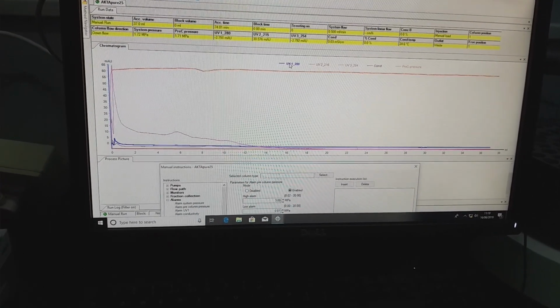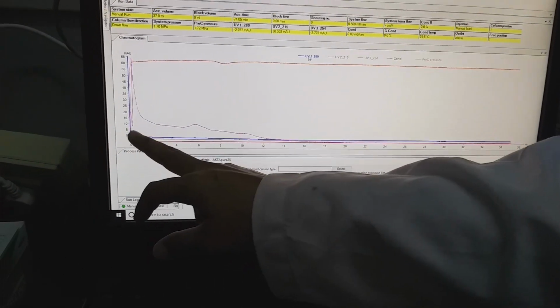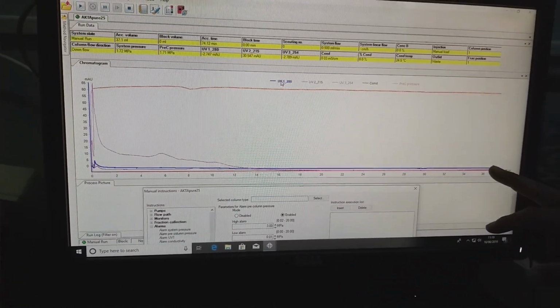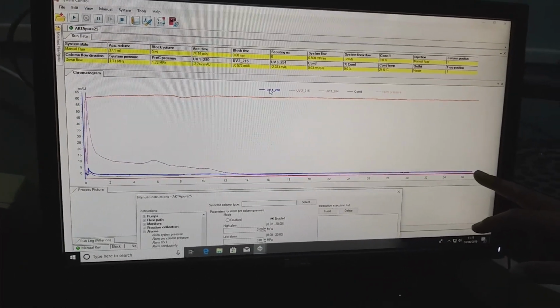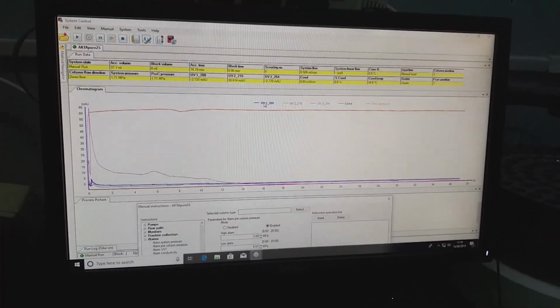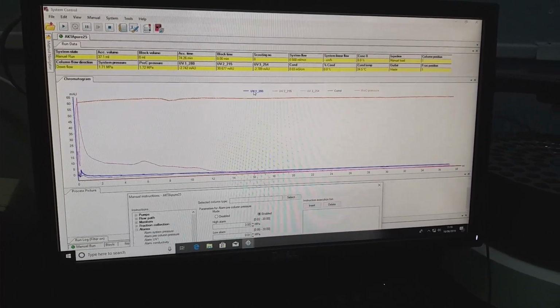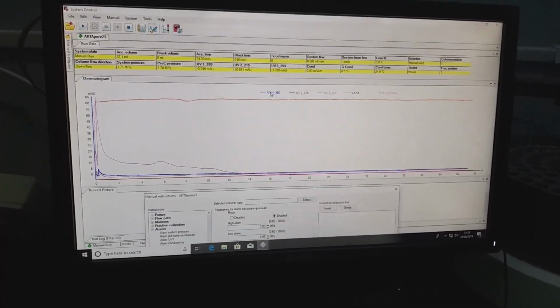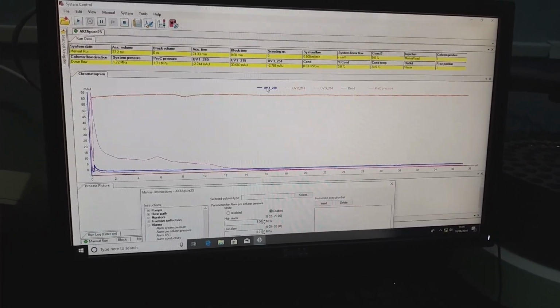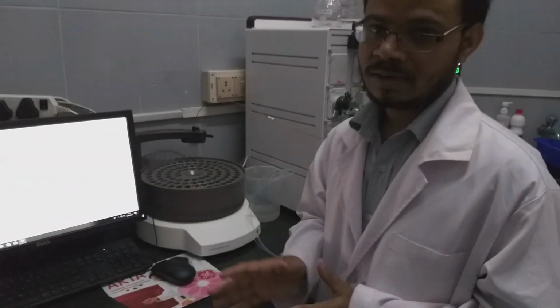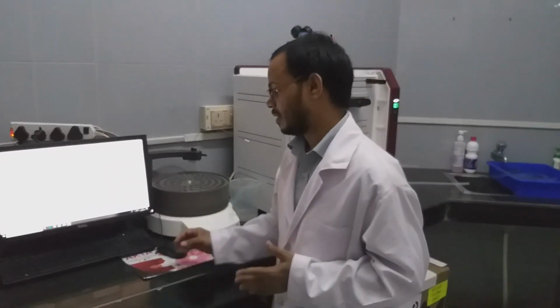We can see there is an initial spike, but gradually the curve flattened. That means there are no contaminants, and now the column is ready to inject the protein. We will inject the protein and show how to inject it. Then we will show the pattern as they elute.